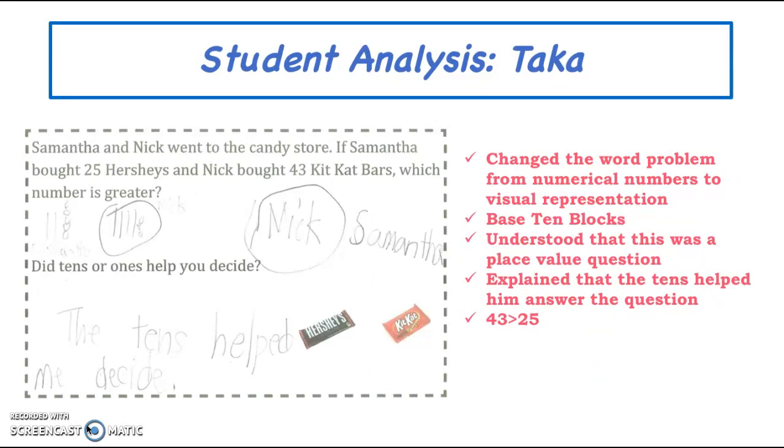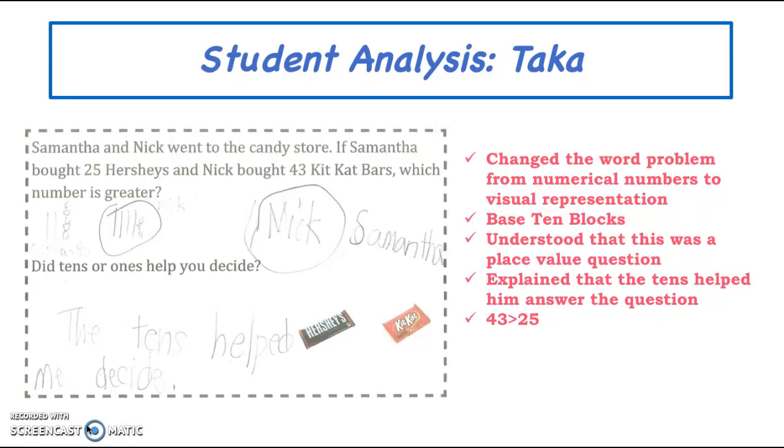So for the last question, Taka really understood that this was a place value question, and he understood that he was going to have to compare 2 different numbers. So he used the line and dot diagram, or he also drew base 10 blocks, to compare Nick's 43 Kit Kat bars with Samantha's 25 Hershey's, and he discovered that Nick's 43 Kit Kat bars, the number 43, is greater